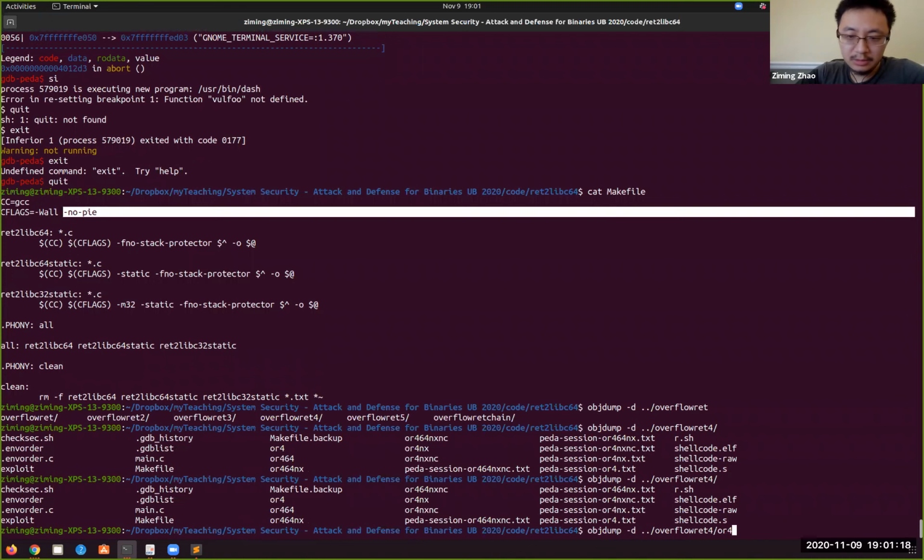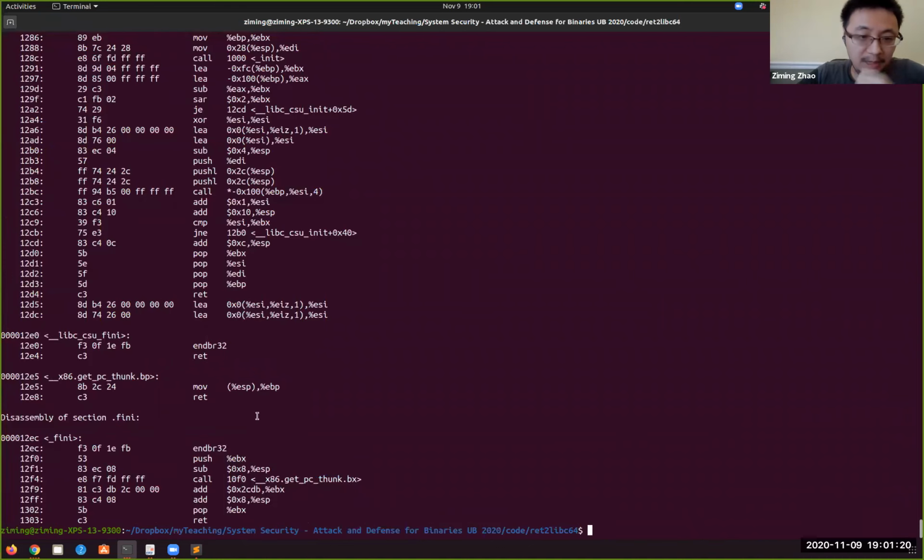This one looks like... yeah, remember those functions? Get PC, thunk BX. Those are actually related to the PIE. We studied this when we talked about the ASLR. So notice that when I compare the program with no PIE, for example, the program we are using right now,